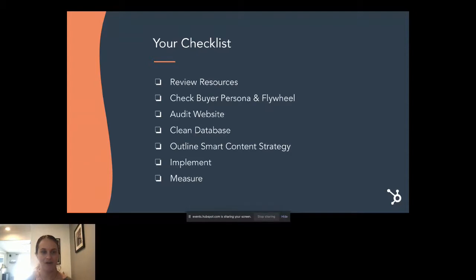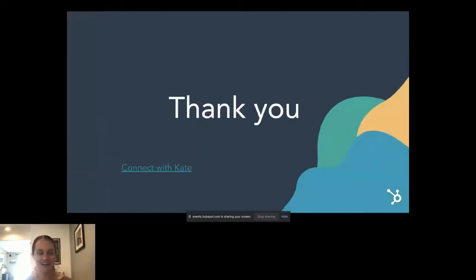So thinking about which of the 8 characteristics will make the most sense for you, whether text, forms, or CTAs will be the best places for you to use that. Finally, you're going to want to implement. I do recommend implementing a little at a time, so that way you can really measure and have an informed smart content strategy.